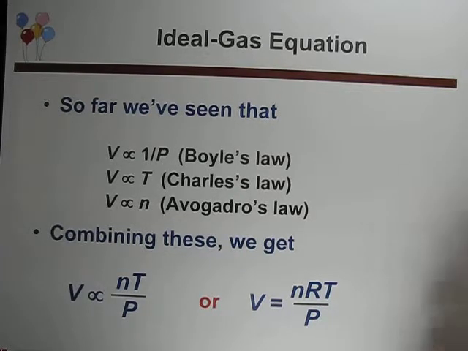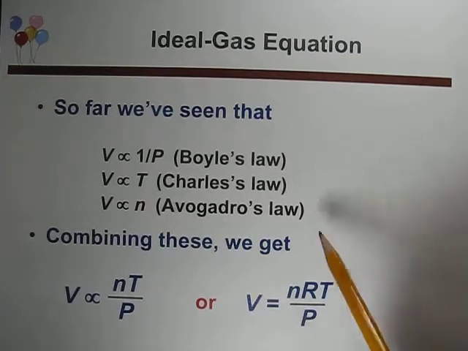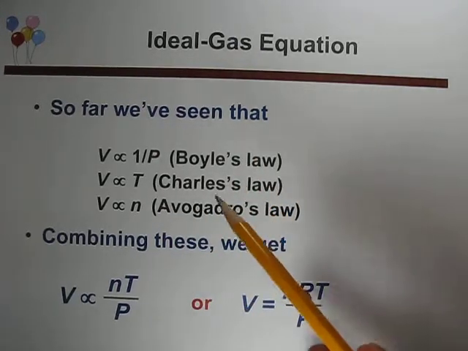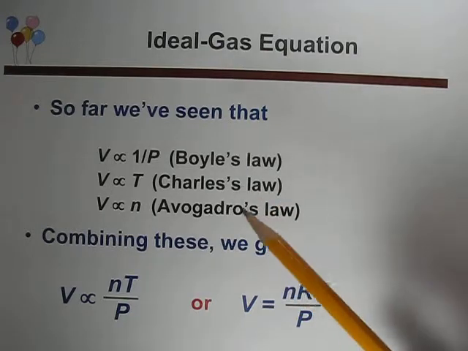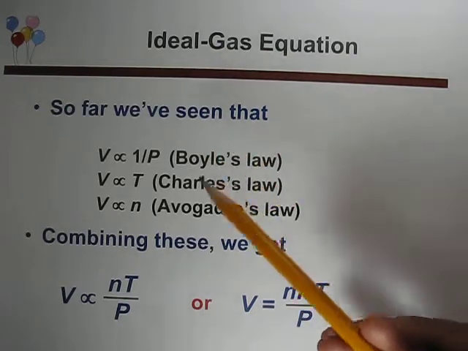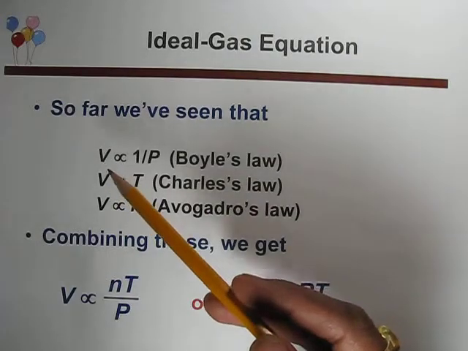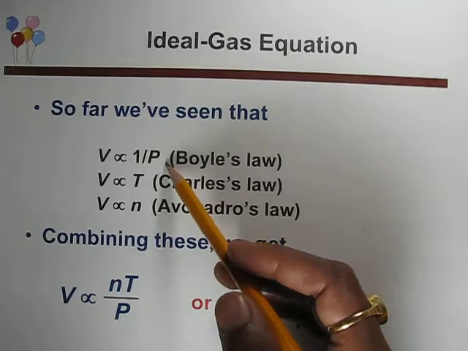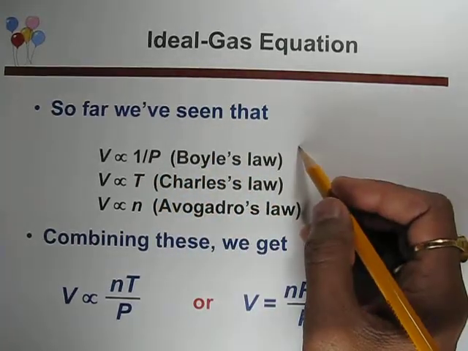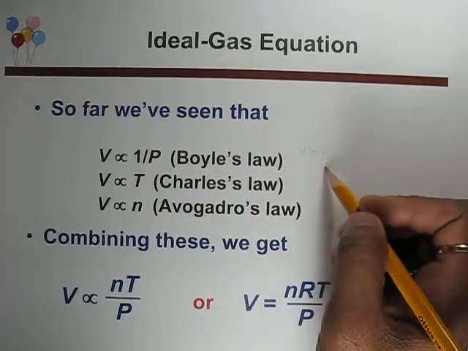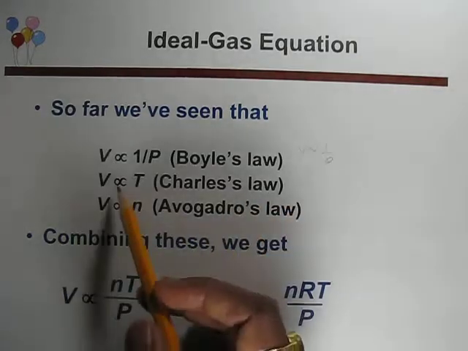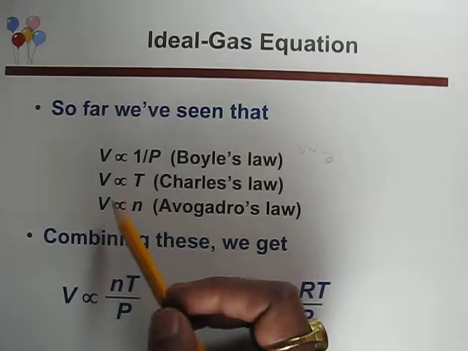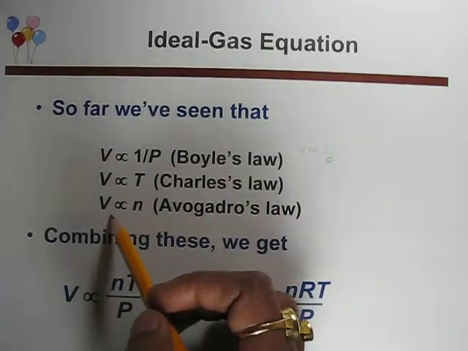So in this video we will study the ideal gas equation and its different variations, and how to derive this ideal gas equation. So far we have seen that according to Boyle's law, volume is inversely proportional to pressure, or V is proportional to 1 over P. And according to Charles' law, volume is directly proportional to temperature, and according to Avogadro's law, volume is directly proportional